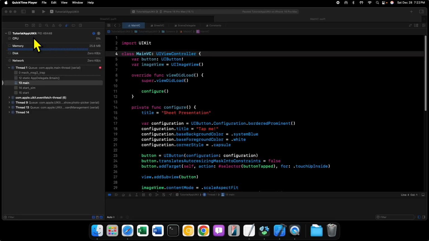What is up, guys? Welcome back to another video, and in this video we're going to be continuing on with our iOS development with UIKit tutorial series. And in this particular tutorial we are going to be taking a look at how we can select photos from our photos library using the